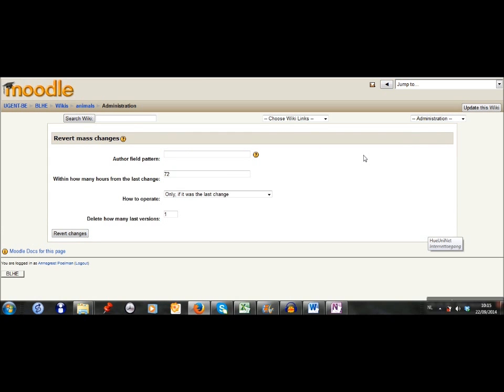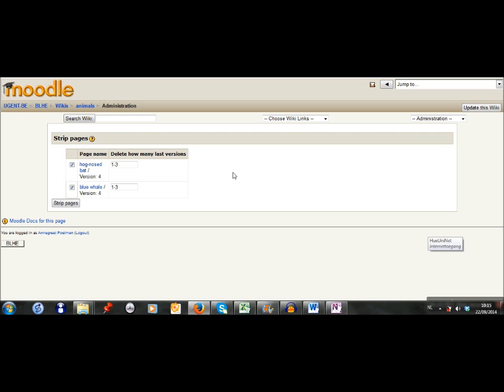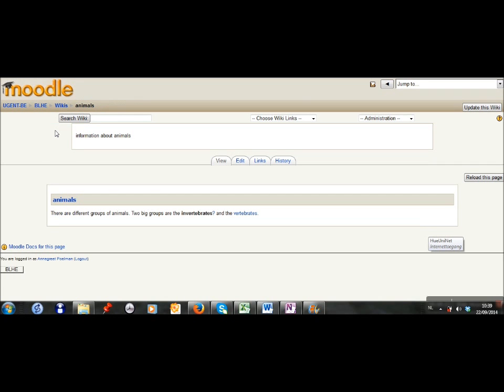You can revert mass changes. For example, if one of the students really makes a mess of the wiki, you can enter his IP address or host name, and then you can remove all the changes he made in the last hours. Strip pages means that you remove the old versions of a page, which means that you also can't return to them. Finally, you also have a search tool. You can enter a word and search for it in the wiki,